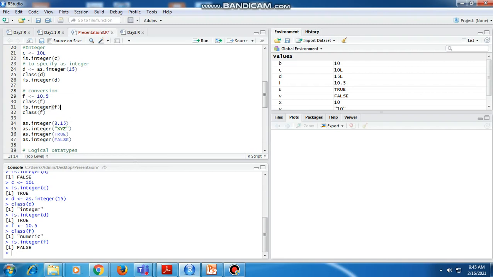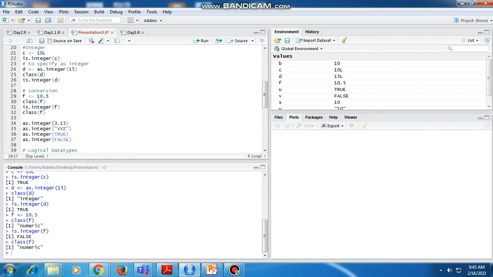That's why it shows FALSE. Getting the difference between numeric and integer: numeric considers the decimal values, whereas integer does not consider decimal values.